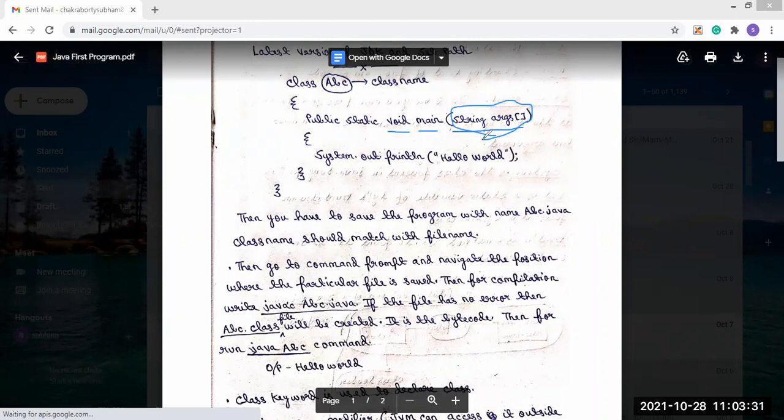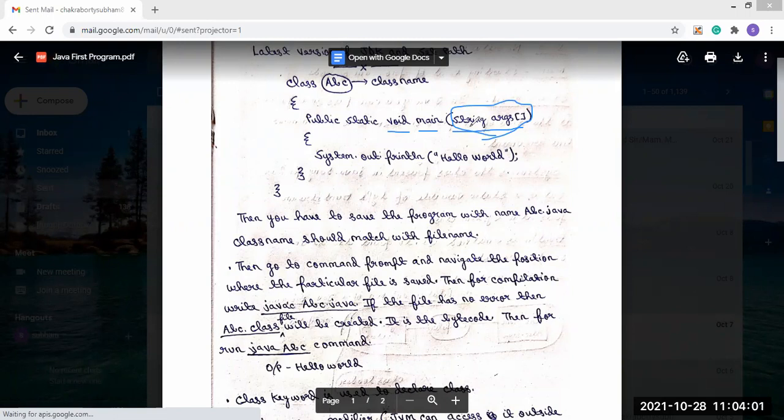Okay, so this is the data type of this argument: String type. Because in Java, whatever value you give, all the values are taken as the string type.